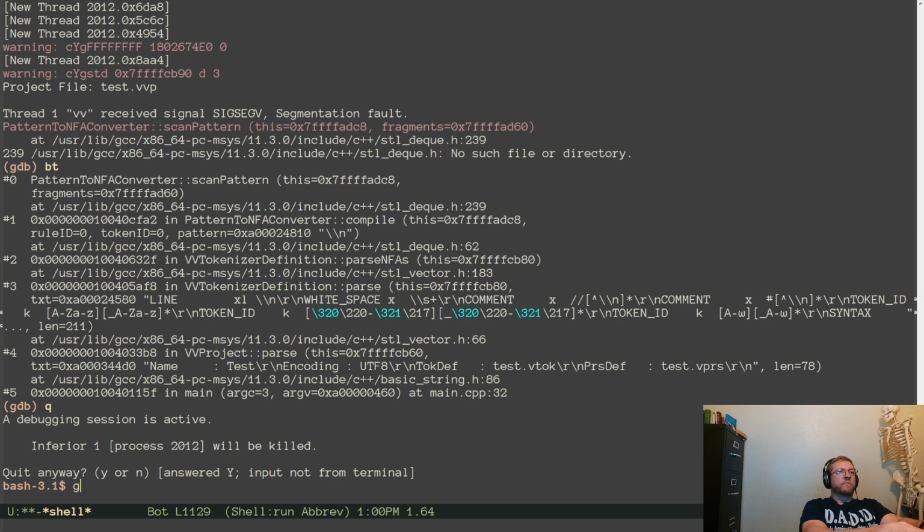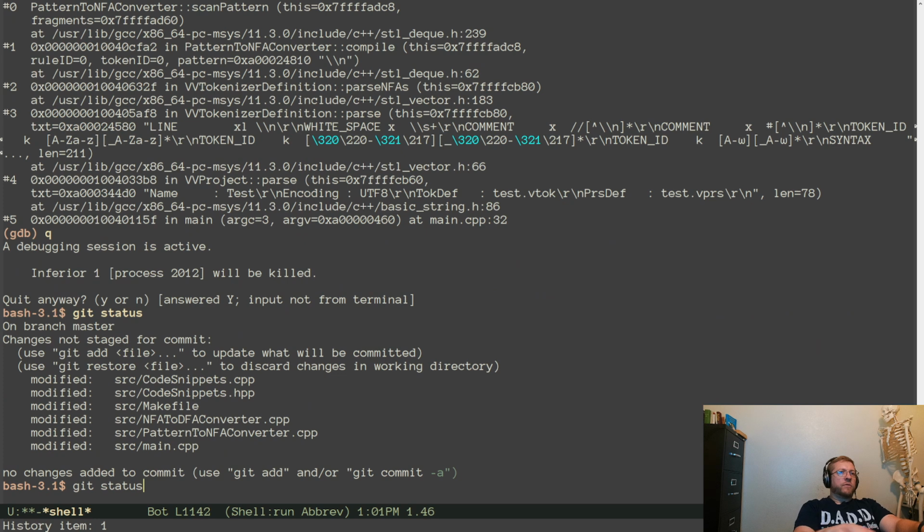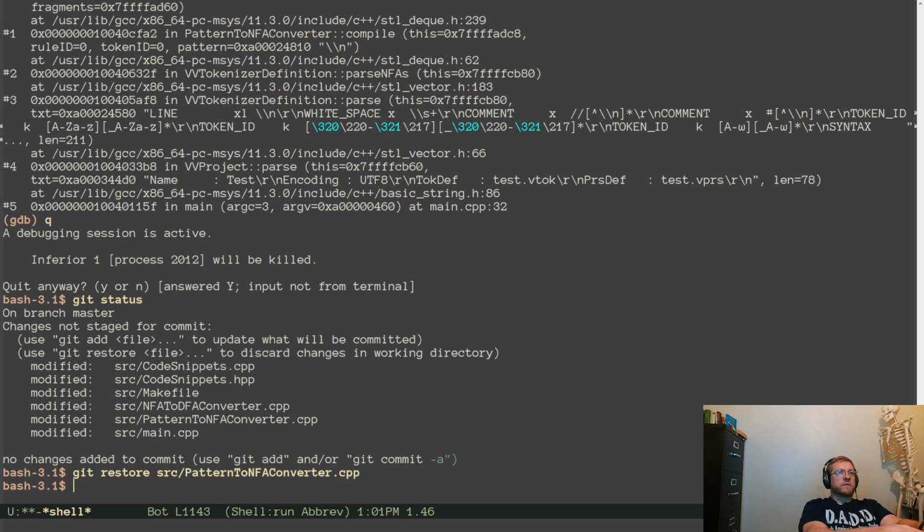Okay. Let's put restore source pattern. This one I don't think needs our attention.